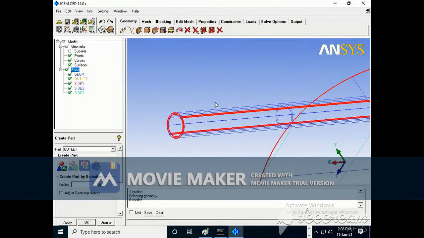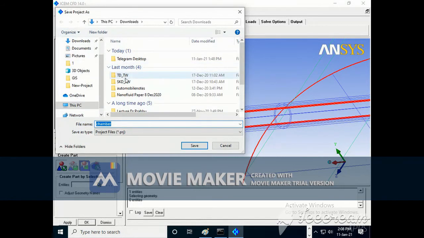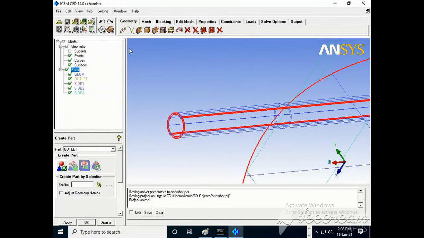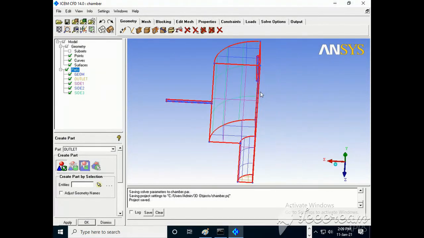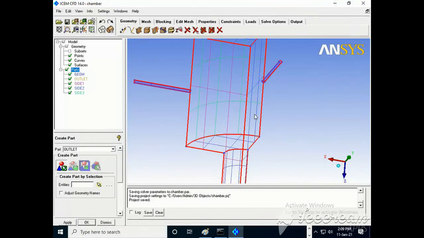So I will save the geometry first, save as 3D object. I can say chamber, save. Likewise we can do the cleaning part. Hope you understood up to this.